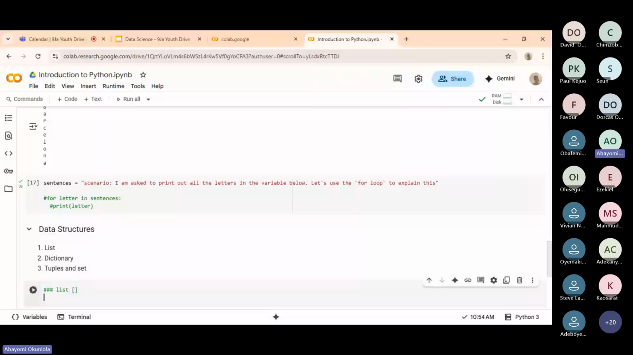Let me show you an example of a list. Let's just do something very basic first. So let's say alphabets. The first thing I'll do is to put this square bracket. So I want to define a list of alphabets. So A, I'm not going to write them all. B, C,